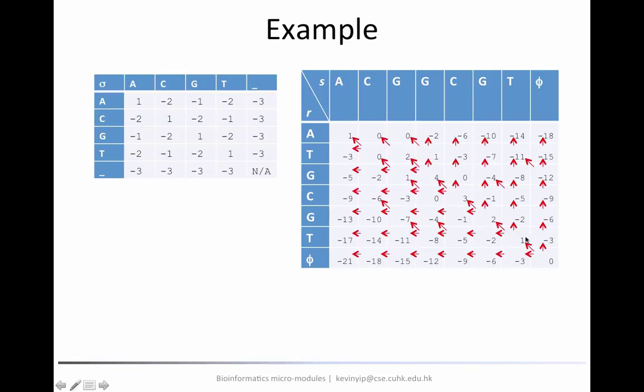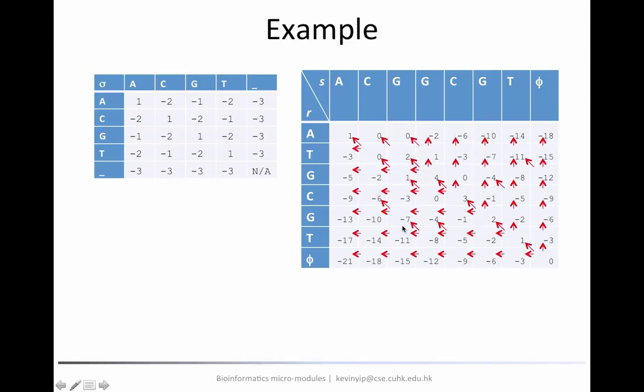If we take the horizontal path, we're going to introduce a gap, which according to our scheme has a score of -3, plus the subproblem also has a score of -3. So we're going to have -6. Similarly, if we take the vertical path, we're also going to get -6. So comparing the 3 paths, the diagonal one is the best, so we put down the corresponding number here and mark that arrow red. Let's look at another more complex example.